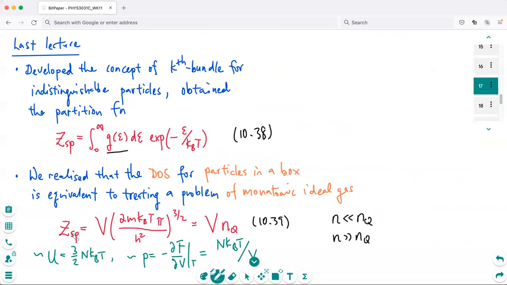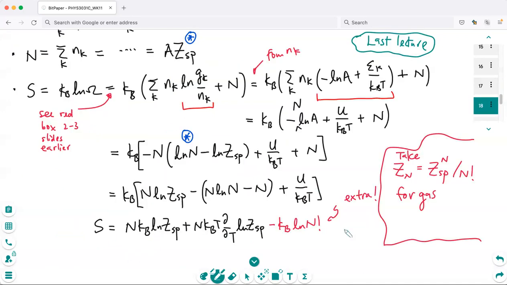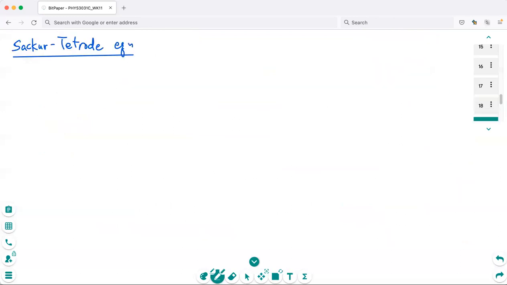Look at this. We have this term, and why don't we plug it into here? If we plug it into here, we will see what happens. So let's try that. So that is the next one. You get a famous equation. This is called the Sackur-Tetrode equation. If you plug it in,